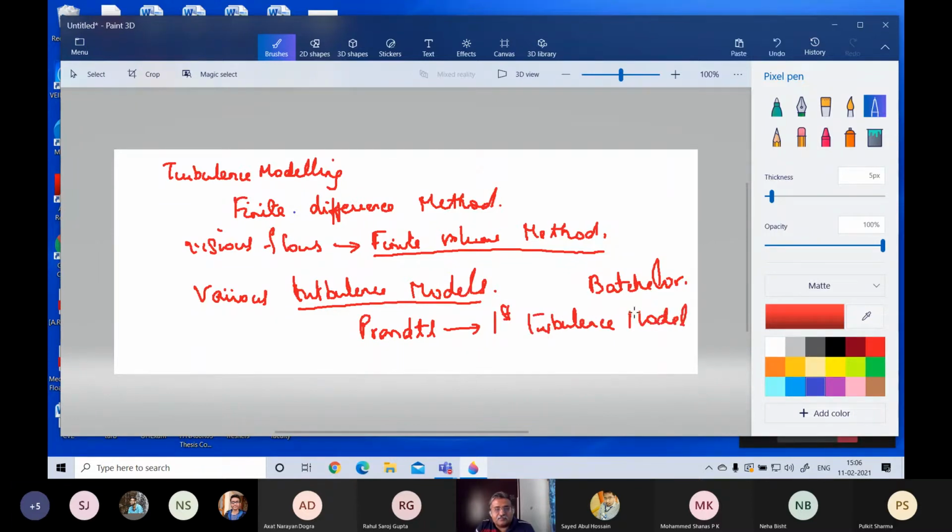It is known as the mixing length model. I would say it is the toughest to derive as a turbulence model. So it is the mixing length model. The idea was very novel and very innovative. And later after that, we start going into different other types of turbulence models, which I'll come to.